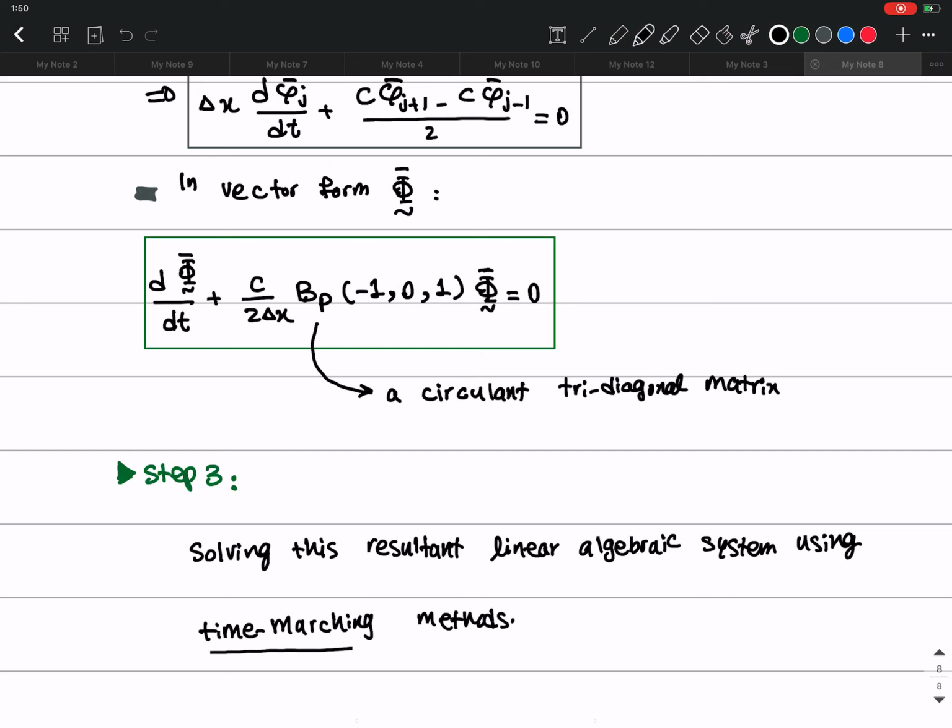So the only component is discretization in time and solving this linear algebraic system with those time marching methods